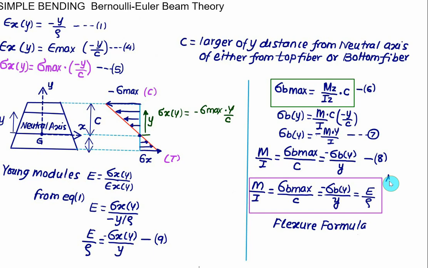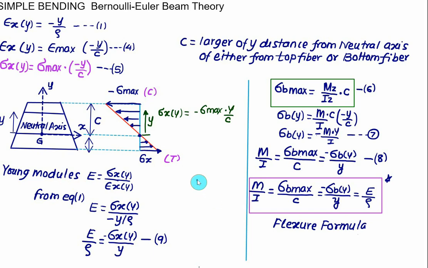And this is a very useful equation, which is the bending equation: M divided by the moment of inertia I is equal to maximum bending stress divided by c, is equal to minus the bending stress at any distance y divided by the distance y from the neutral axis, is equal to E divided by rho, where E is the Young's modulus, rho is the radius of curvature, y is the distance measured from the neutral axis along the y direction, and c is the maximum distance of the top fiber or bottom fiber measured from the neutral axis. And the value of M can be positive or negative depending upon